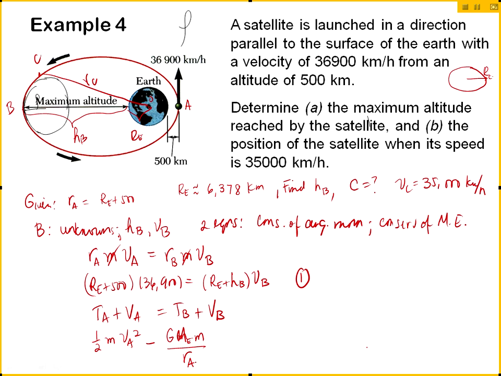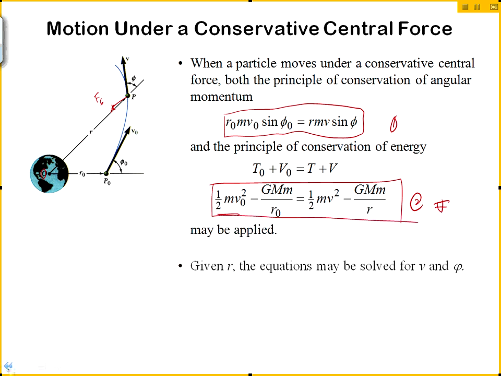So this is like an integral of the force. The force is G m m over r squared, right? And we know that work is the integral of the force. That's why instead of being over r squared, it becomes over r, and there's a negative in the front. Why is it negative? Because